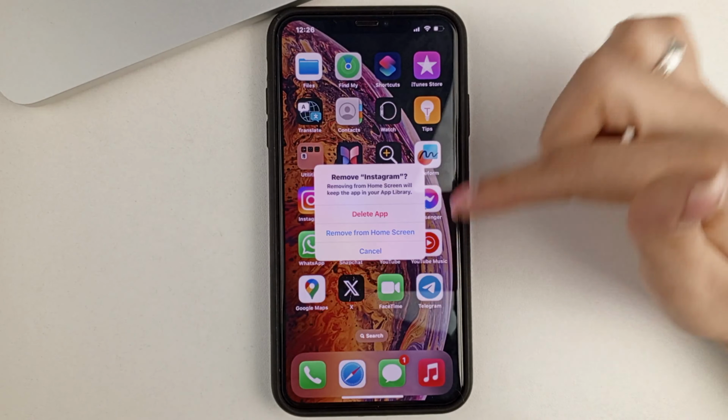I also want to warn you that there are some apps that cannot be deleted. For example, these are Files, Messages, Phone, or Settings. Well, and some other applications.